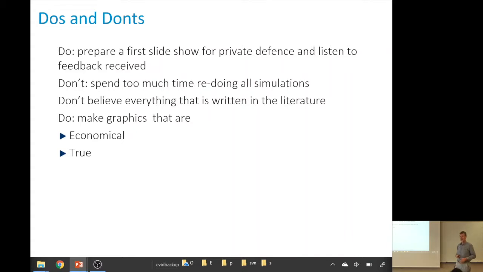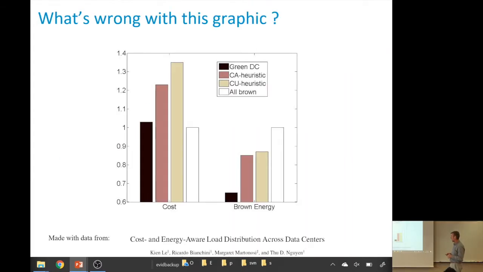Graphics is an art. Some of you are very good at it, so please, if you're good at graphics, exploit that to make very good graphics. If you're not good at it, like me, then try your best to make it as reasonable as possible. Graphics are very important. They carry a lot more information, but they can be misused. So when we do a graphic, first, it should be true. It should not be misleading. Second, if you can, it should be optimized to convey the maximum amount of information in as economical a way as